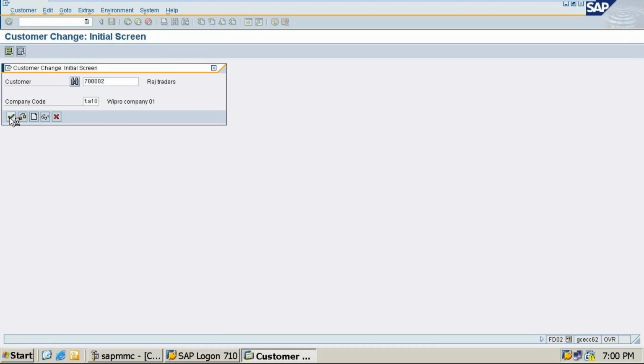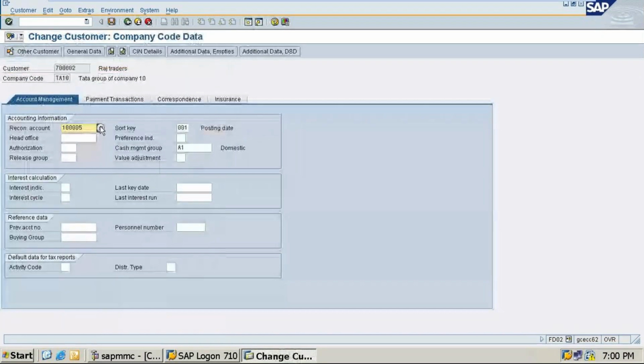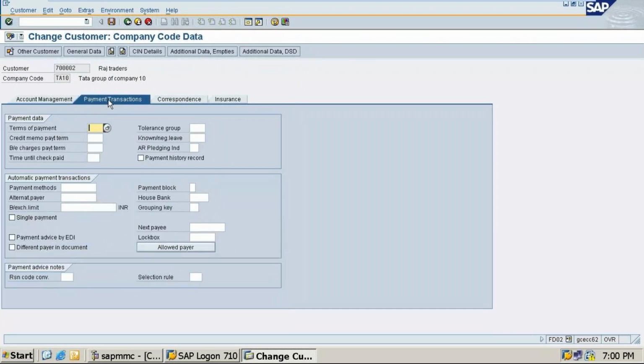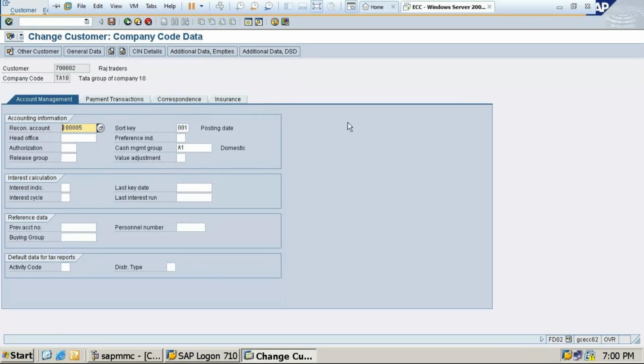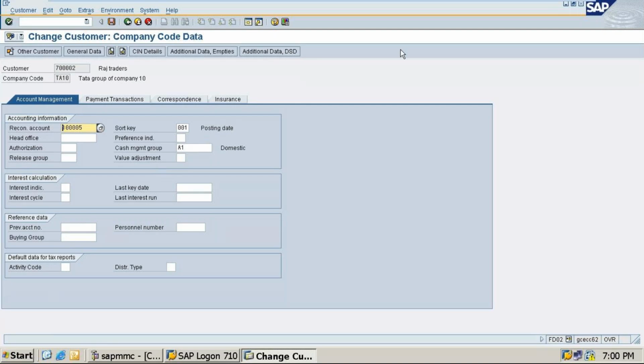Click on this. So here reconciliation account, Sunday data. So short key history: your accounts management, payment transactions, terms of payment. So accounts management, we need to do this one. And short key 001, cash management, this one. Okay.